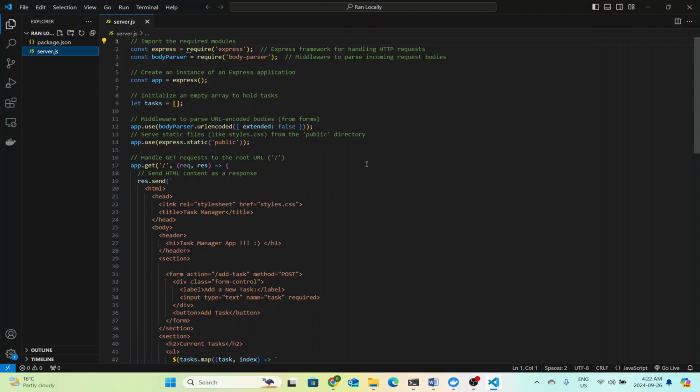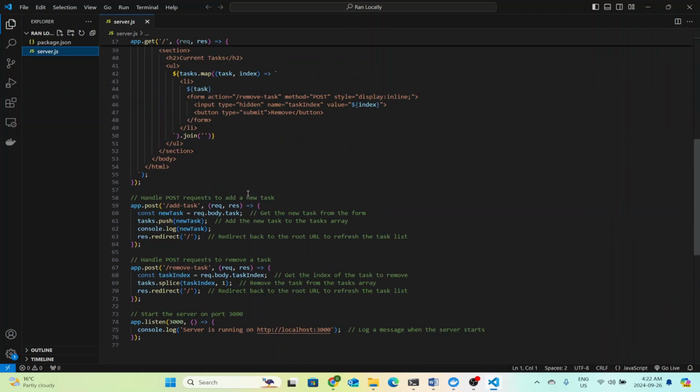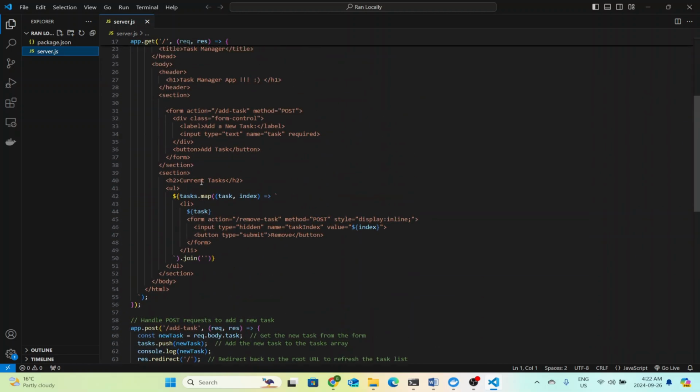Just a disclaimer, you do not need to know Node.js or have the Node.js runtime installed. I'm simply running and installing the dependencies locally to demonstrate this app. So just to summarize this code,